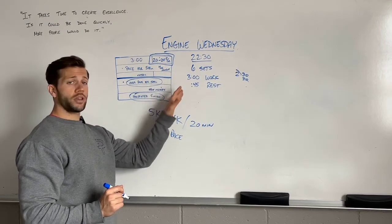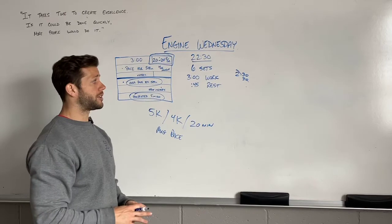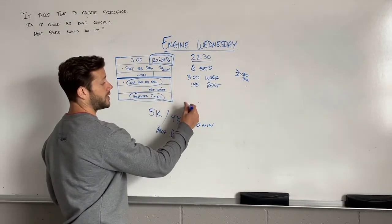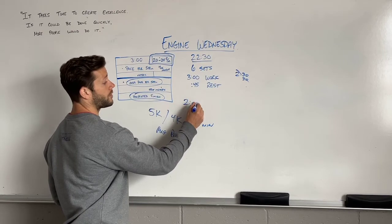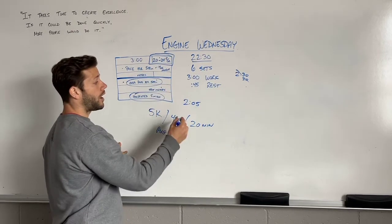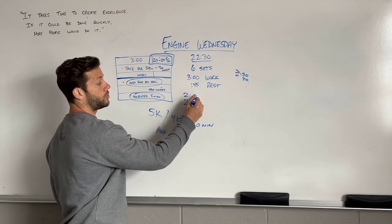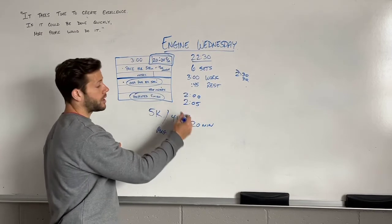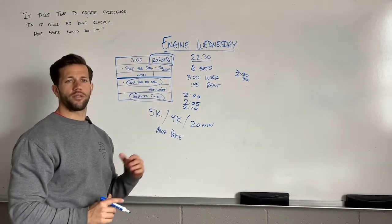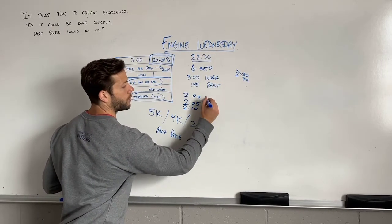If you're able to do this, you're going to be very successful going forward with the following workouts in weeks to come, when we tweak this and say, if your pace is, for example, a 2:05 on average, we need to keep here, and ideally keep here the whole way as well. We're going to play with a certain amount of time where you're going to try to keep a 2 minute pace, and other times keeping 2:10, and the strokes per minute is going to vary a little bit. So if we're going 20 to 24,